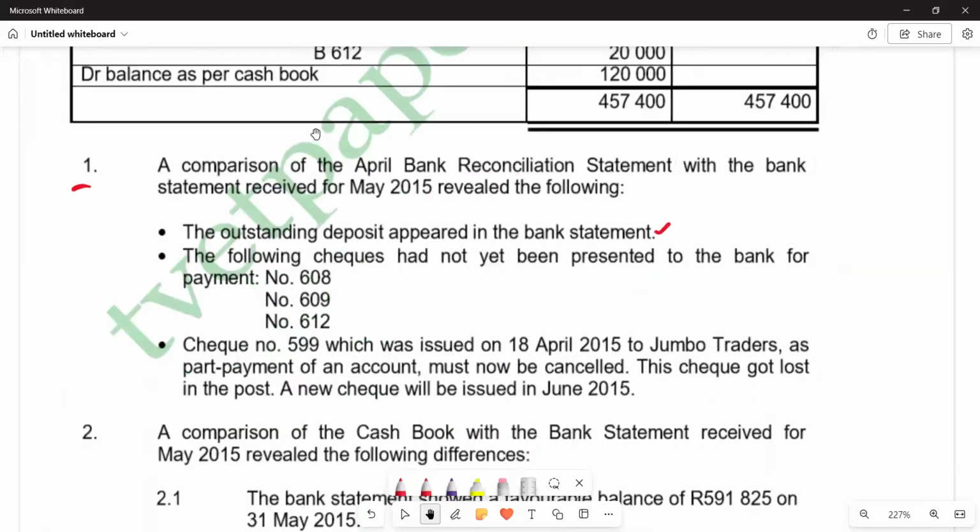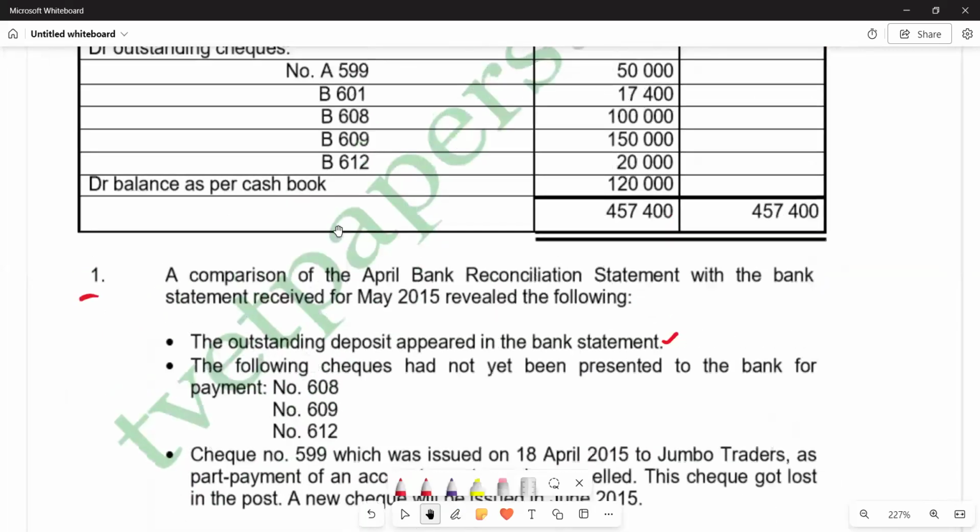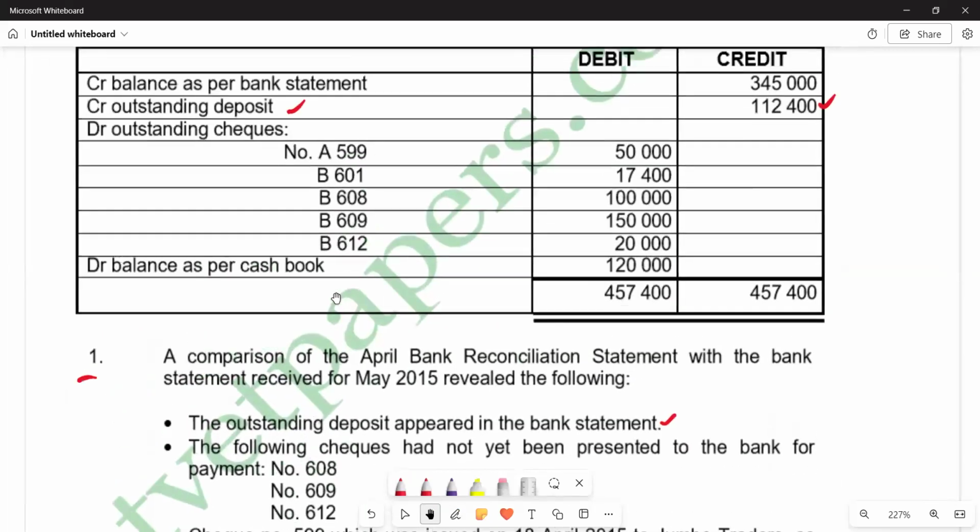It reads, following checks have not yet been presented on the bank for payment. We've got check number 608, check number 609, and check number 612. So what does it mean? It means that these checks were also not presented for the previous period, as they are appearing on the previous bank reconciliation statement. Remember, they are talking about check number 608,